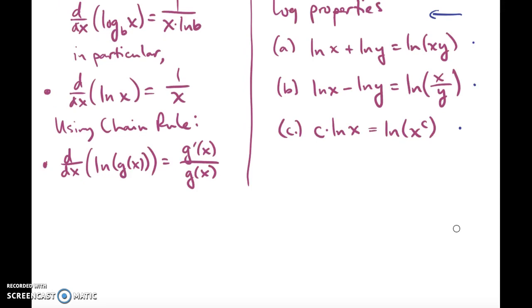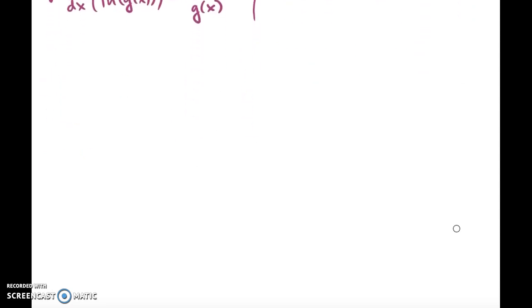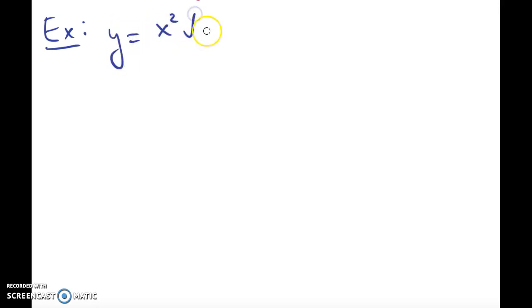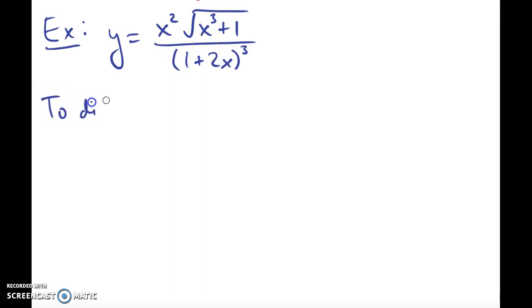So let's look at an example here. So let's suppose we had something like y equals x squared, square root of x cubed plus 1, all of that over 1 plus 2x cubed. And that's a pretty complicated looking function. I mean, it's nice and compact there, but to differentiate, at least using our previous rules,